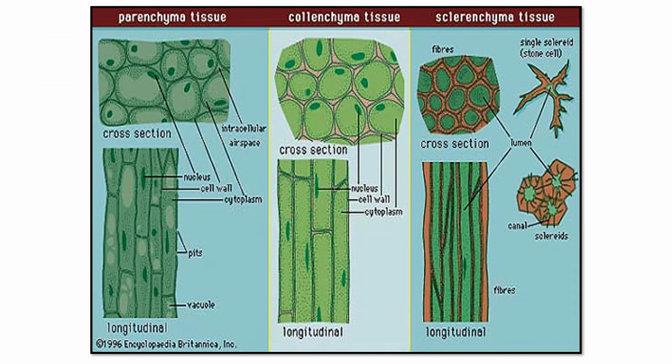Yes, the same parenchyma, collenchyma, sclerenchyma, we can see CS and LS, that is cross-sectional view and longitudinal sectional view. Here you can see how the cells are arranged. Parenchyma: thin cell wall, then nucleus is there, central vacuole is found. Then in the collenchyma, the corners are thickened. Then sclerenchyma, the wall is very thick due to the deposition of lignin. So it gives support. You can see all the differences.